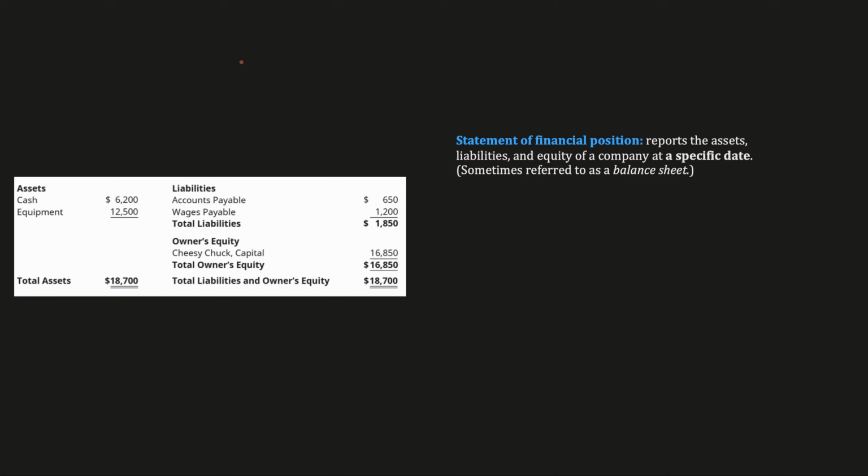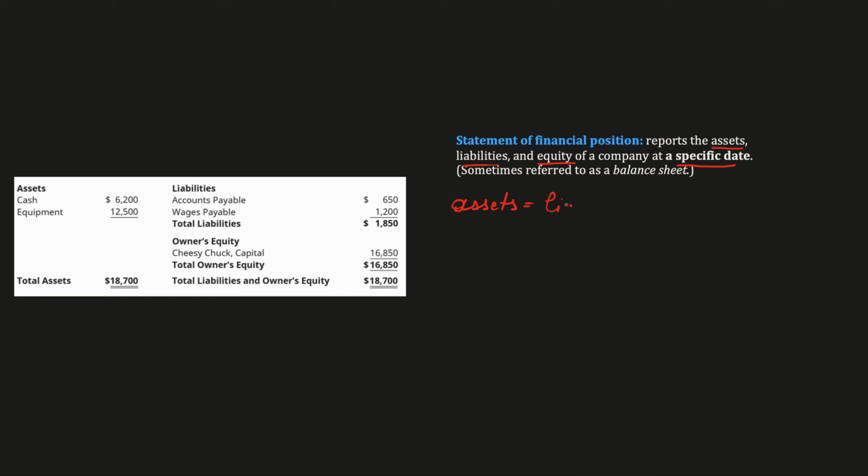In this video lecture, you will be introduced to the first financial statement called balance sheet. It is also known as the statement of financial position. A balance sheet reports the assets, liabilities, and equity of a company at a specific date. The relationship among these elements is perfectly presented by the basic accounting equation, which is assets